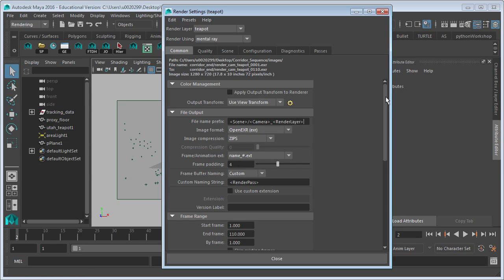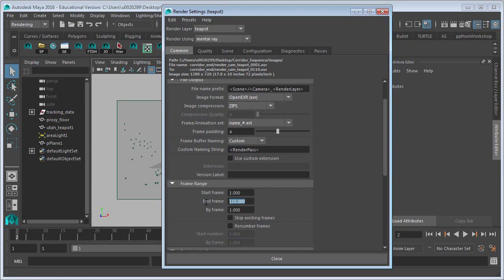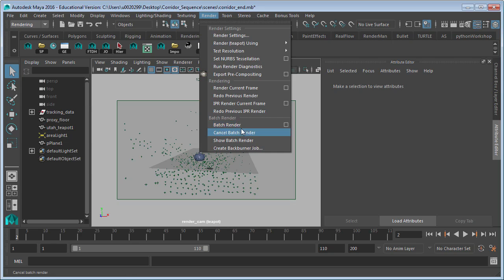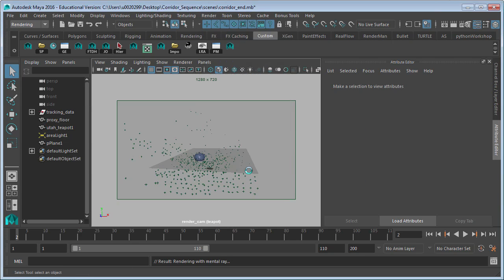So what I'm going to do is just do a quick test render. So I don't need to do 110 frames. I'll do just 2. And I'll leave everything else. Batch render it. And the only reason I'm doing this is just to figure out how much RAM, how much memory my scene needs to render. So if I open up the task manager,